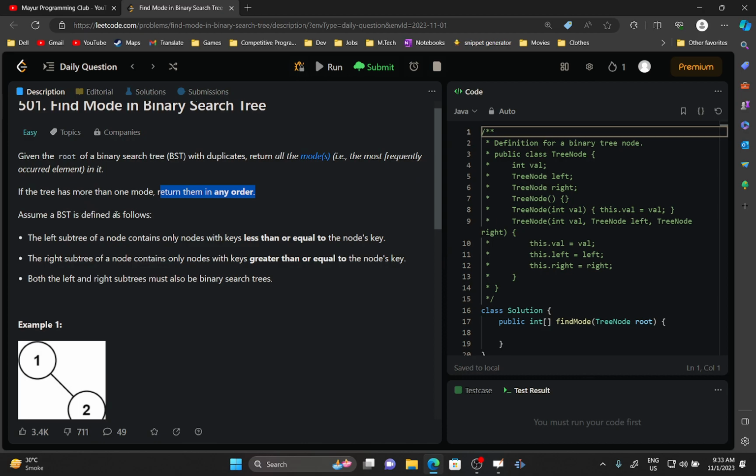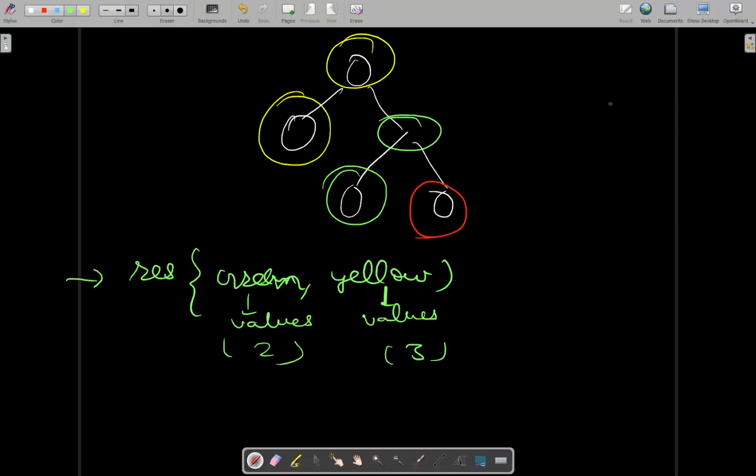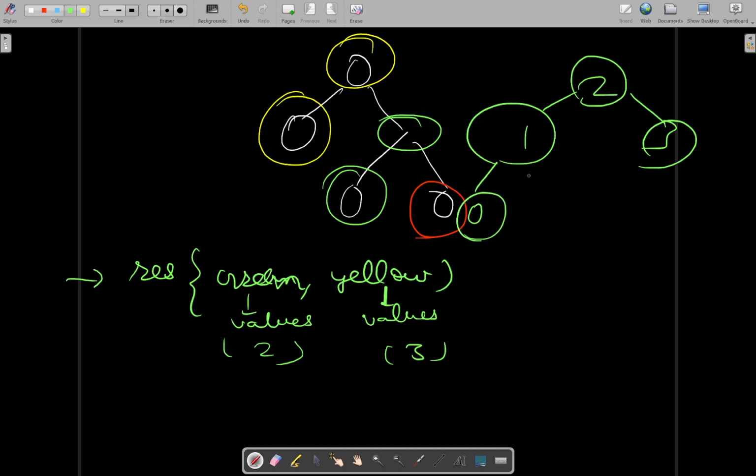Assume that BST is defined as follows. Binary search tree, those of you who are not familiar with what binary search tree is, the left subtree of a node contains only nodes with key less than or equal to the node's key. For example, let's say it's something like this: 1, 2, 3. Okay, so you can see the left key is smaller than the root, and all the values in the left subtree, this subtree,